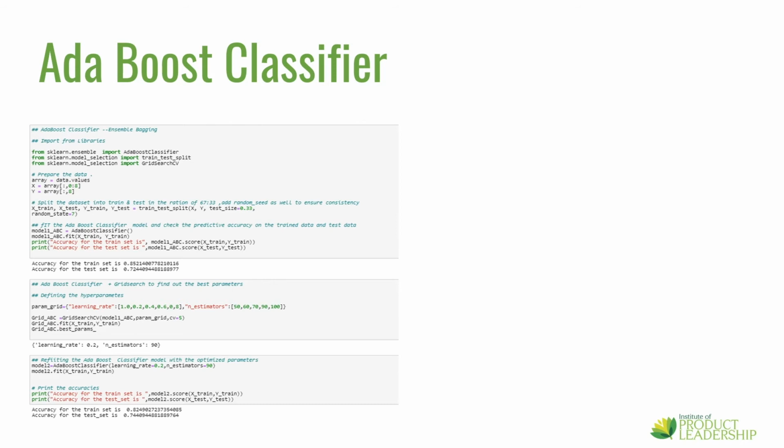Step 2. We will use grid search to get the best hyperparameters for this dataset, and in this case, they are namely learning rate equal to 0.2 and number of trees is 90. Step 3. Here we will apply the optimized hyperparameters to generate the model again and then check the train and test accuracy scores. In this case, it is 0.82 and 0.44 respectively.